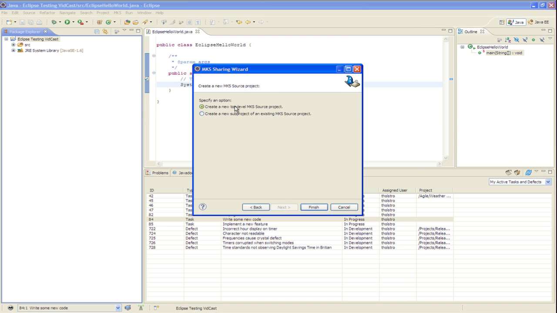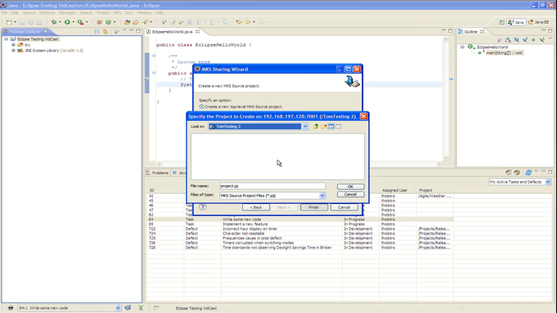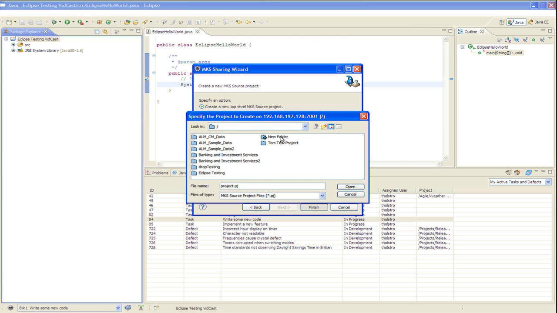I can specify whether or not this is a top level MKS source project, and in most cases for you all it's not going to be. It's going to be within the hierarchy of existing assets that you might have. And you would select a new sub-project, but just for this purpose, I'm going to create one. And I will call this